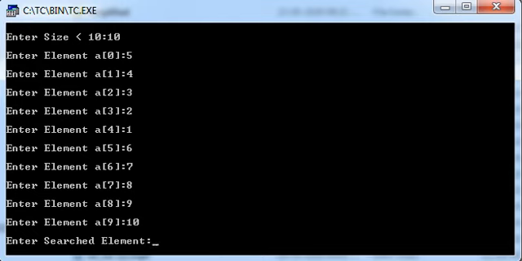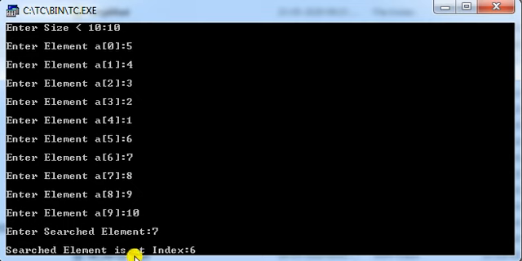Now let's say I would like to find out the element number 7. So my program should show me that the element 7 is stored at index number 6 somewhere over here. So let's check whether it is showing me the correct output. Yes, you can say search element is available at index number 6.